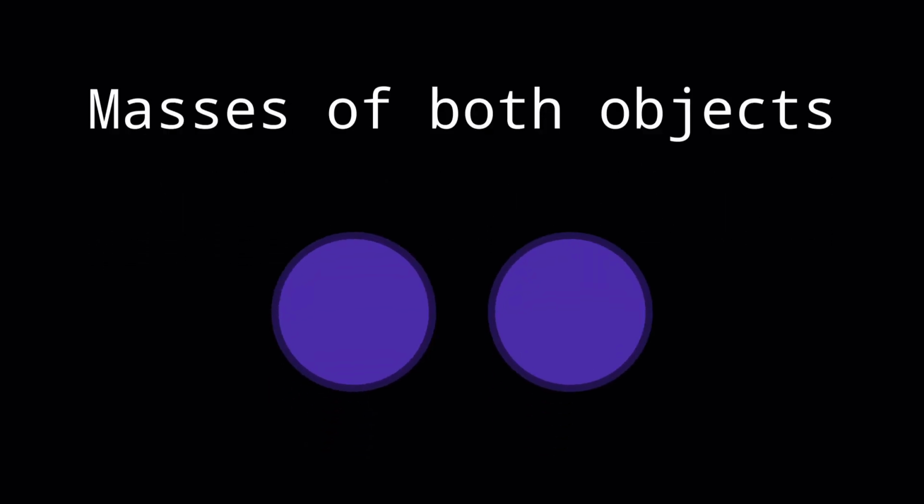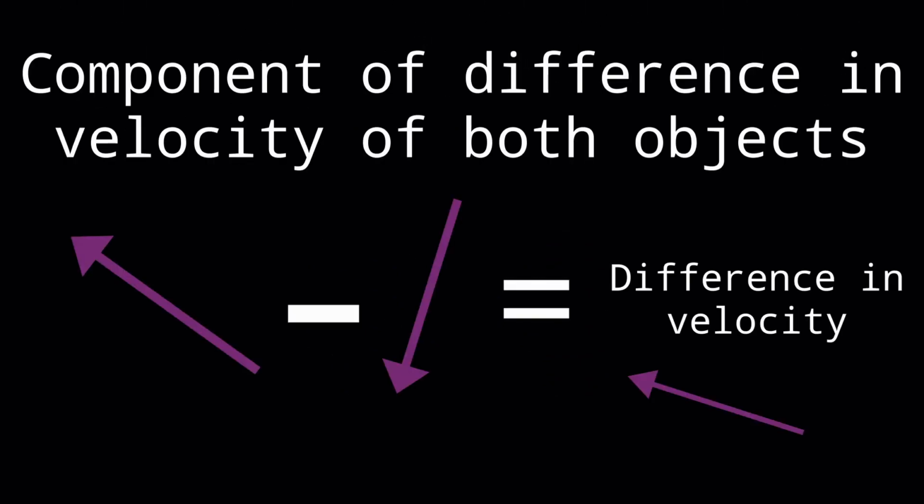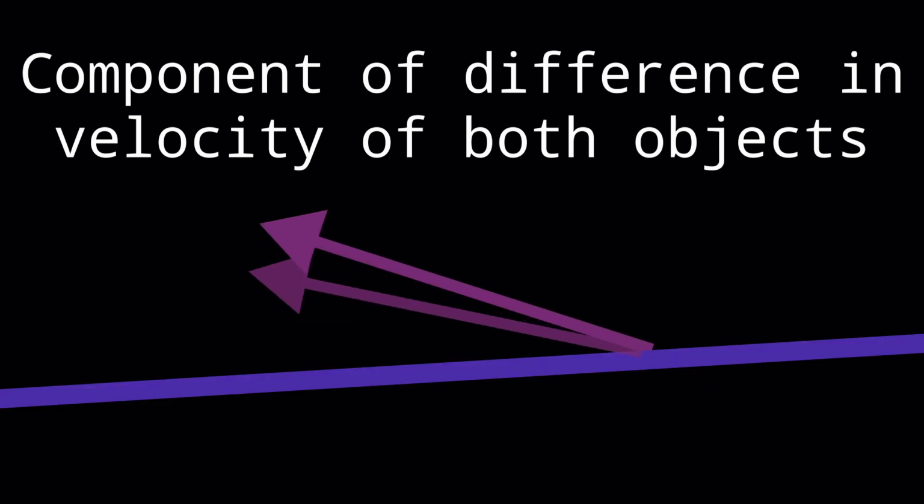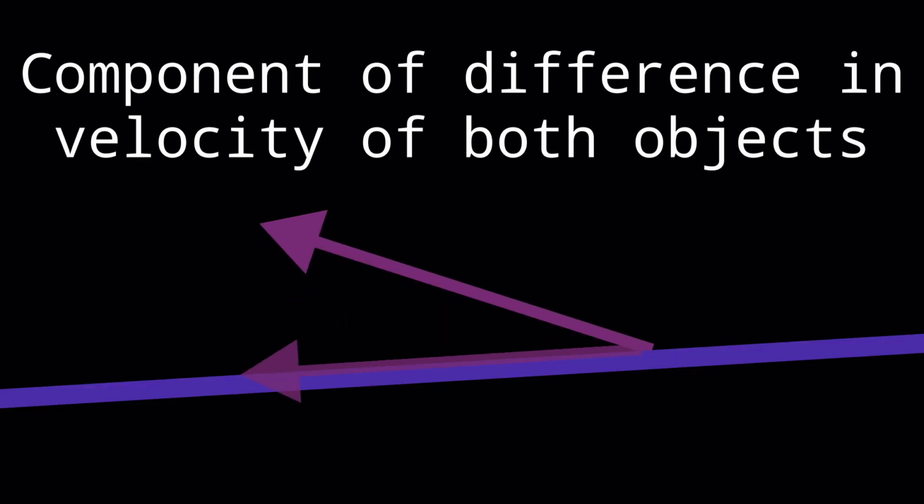Next is to deal with the effect of impulse, with impulse being the change in momentum, mass times velocity. For this we need 3 values: the masses of both objects we have stored within each object, along with the component vector of the differences between the velocity vectors of both objects, but only the component which is aligned along the axis of collision, the vector which represents the differences in the positions of both objects, which we have found earlier. This is difficult. If we were just decomposing the vector along the coordinate axes, we would just take each number that makes up the vector as its own component, but when the components we're looking for aren't aligned to the 2 axes, it then becomes much more difficult to determine how we're supposed to split it.